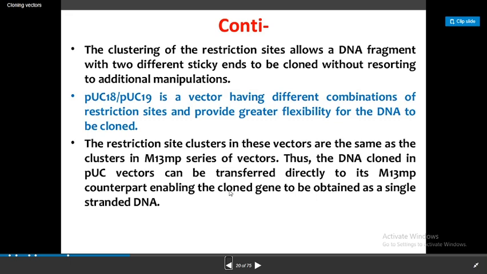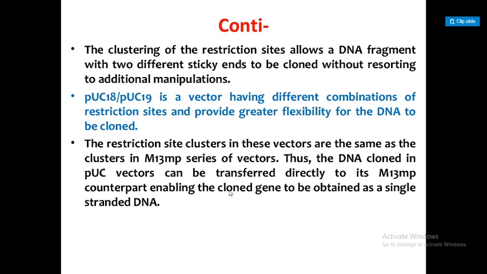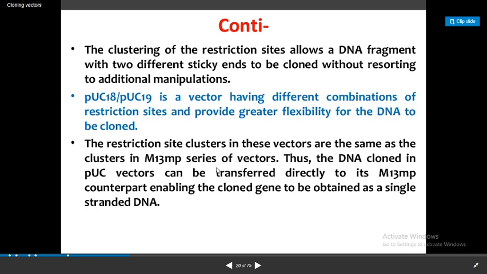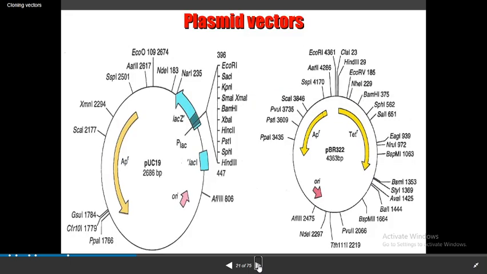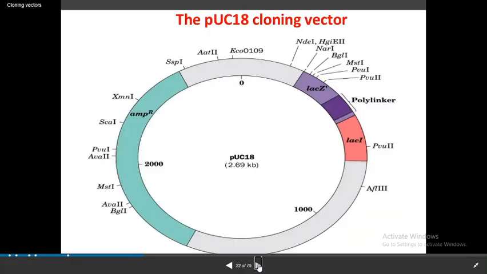Now in the restriction sites of this plasmid, you can see the M13mp series of vectors. There is a name given for the vector, right? But this M13mp is only seen in single stranded DNA. So this is a plasmid, two types of plasmid. If I ask for an example, you have to say pUC19 or pBR322. Give an example for two plasmid vectors. You have to write these two names. Same thing that I am saying.